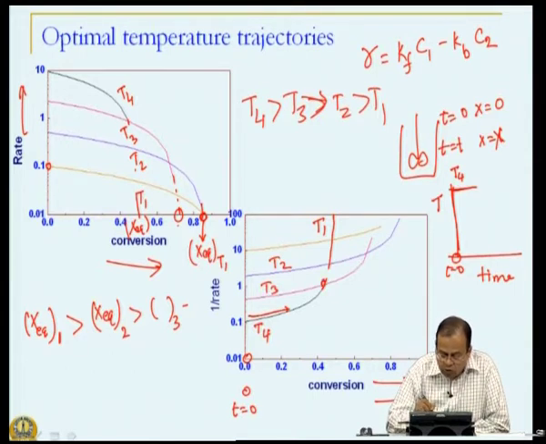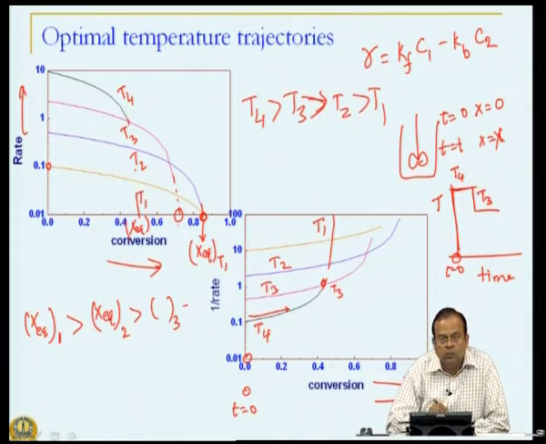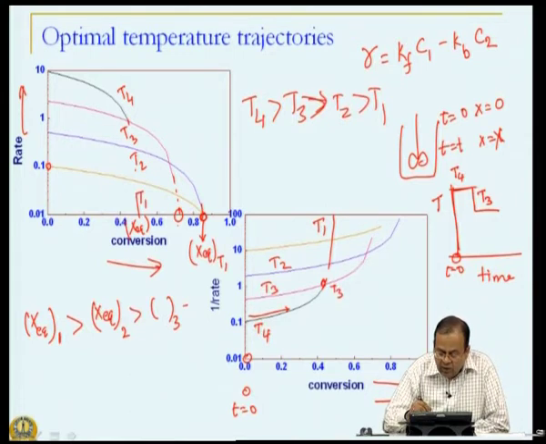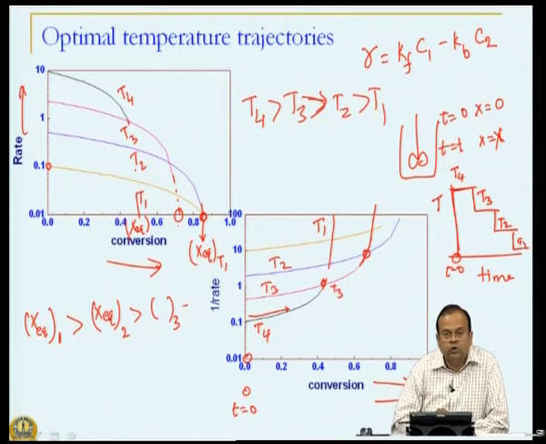So, suppose it crosses over here, what should I now do? I see now that temperature T3 is what is giving me the lowest 1 over R, or in other words, I should decrease my temperature to T3. But that again I cannot keep forever, because at some point this line also crosses. After this point I see my T2 temperature gives me lower 1 over R. That means, I should reduce my temperature to T2, further reduce it to T1 and so on.